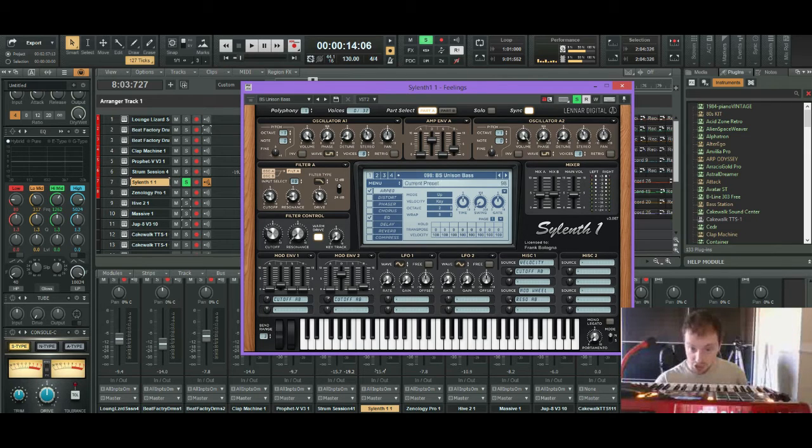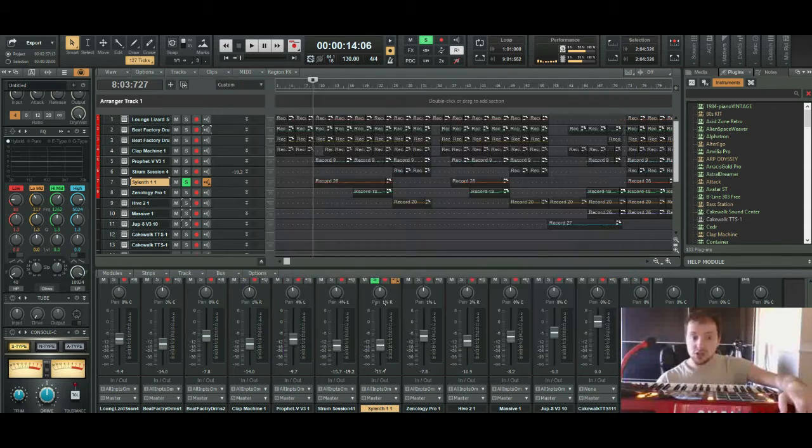So I chose Unison Bass as my bass sound. I actually activated the arpeggio. I did not activate the arpeggio from the Max 49. I used the Silent arpeggio. So let's play it back and let's see what it sounds like.